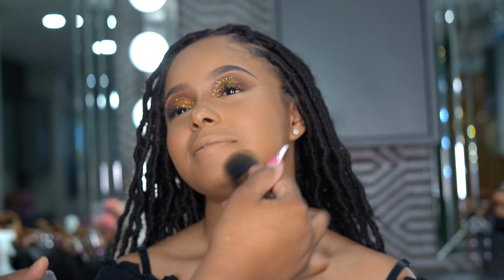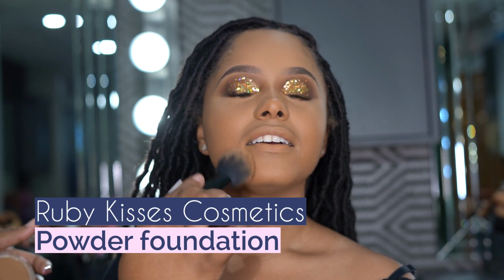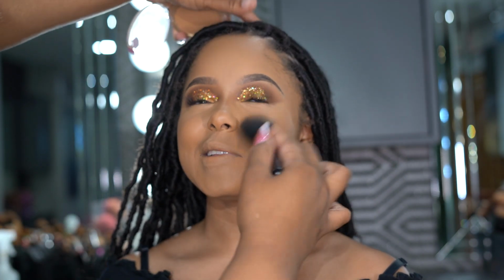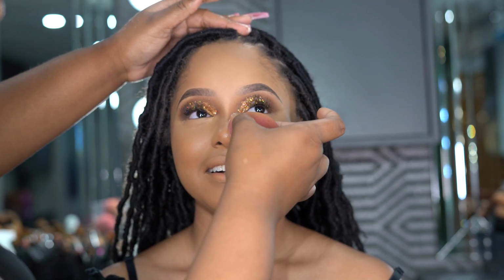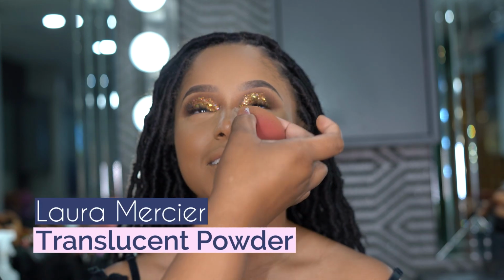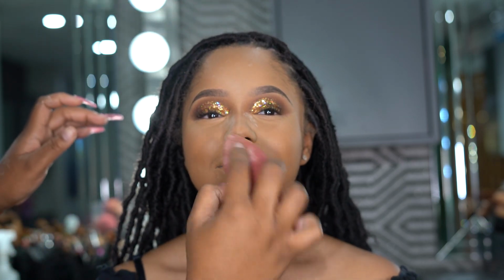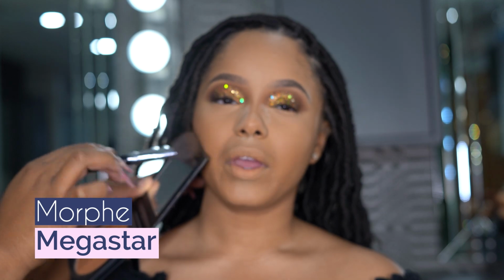Notice that I tapped it into a different powder. This powder is from Ruby Kisses. This is a powder that I used when I first started my makeup journey. It's a drugstore beauty supply pressed powder, which is absolutely amazing. So if you're starting off and you want to add some new powders to your kit, you can definitely add that. And then I took some Laura Mercier, carved out her nose, set under the eyes a little bit more,